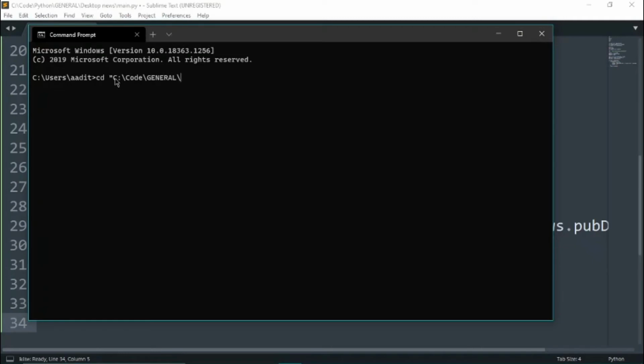Now you just type in whatever your path is. Actually, just let me go back here, and I will say python slash general slash desktop news. Then I will say main. Actually, no need for this. And when I click enter,